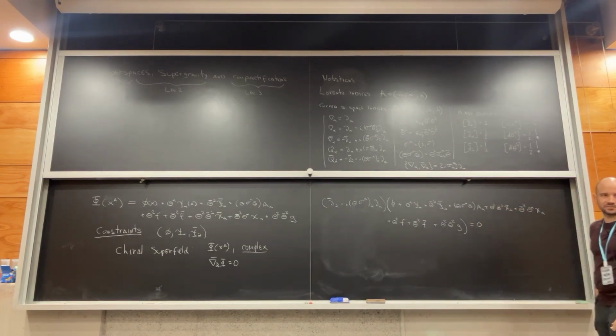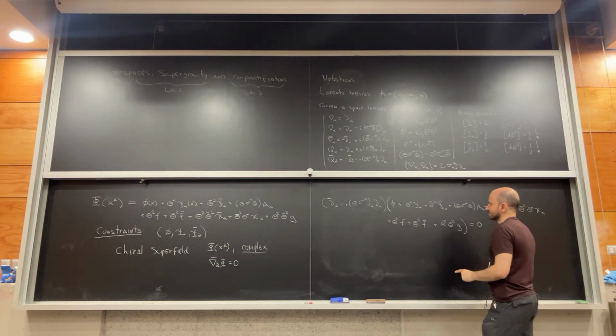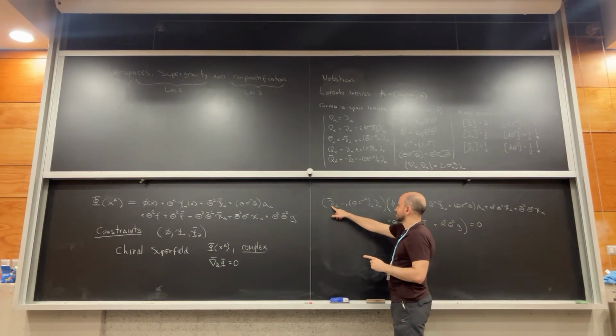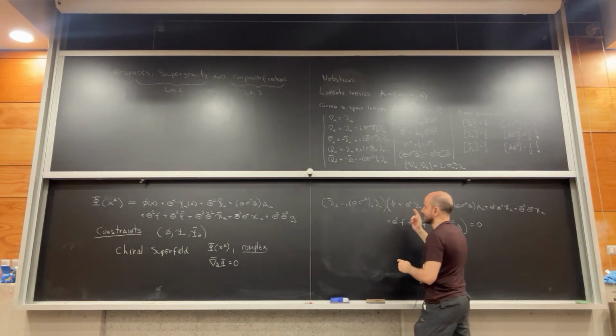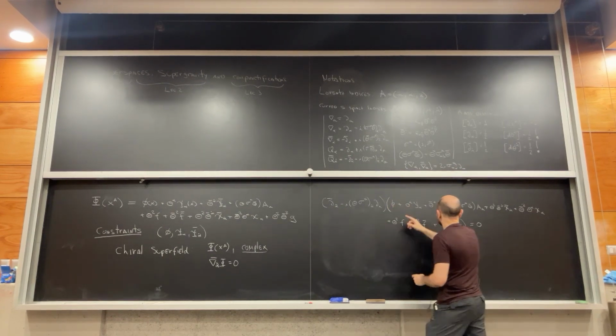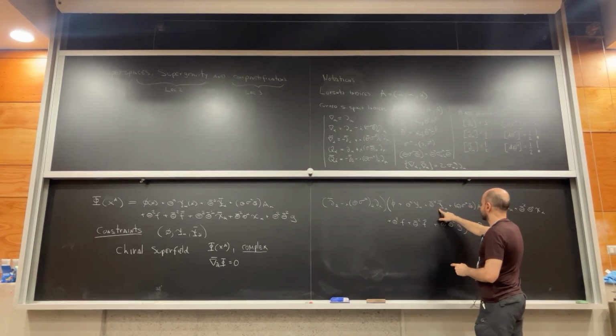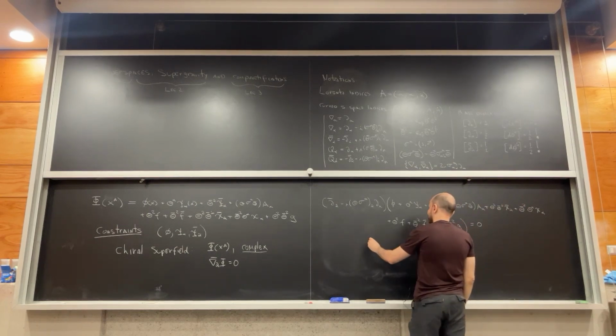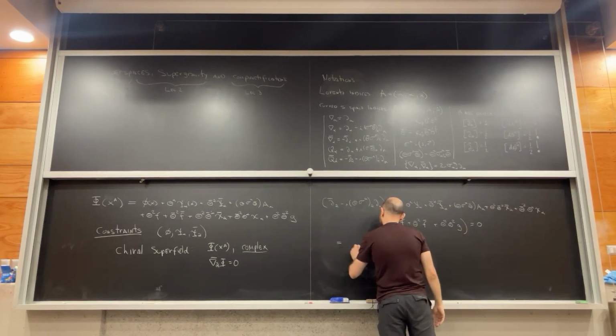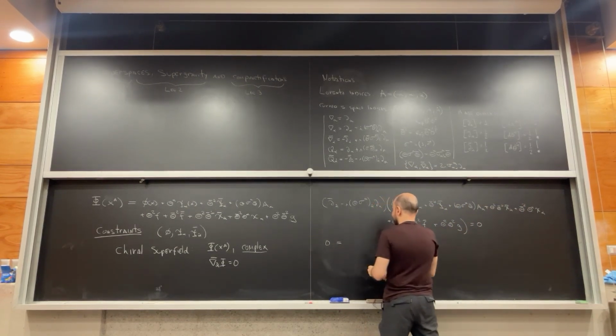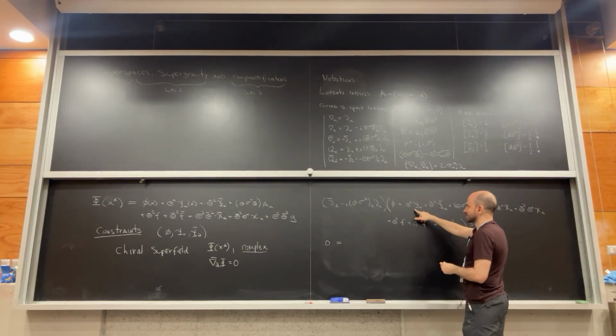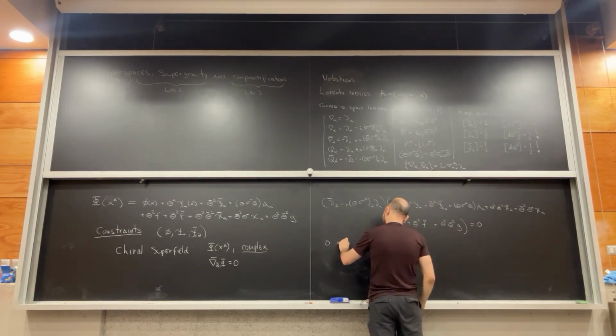So this should be 0. So I start going component by component. If I derive with respect to theta bar, sorry, this is 0, this is 0, but this is not 0. So the first non-zero thing that I get is